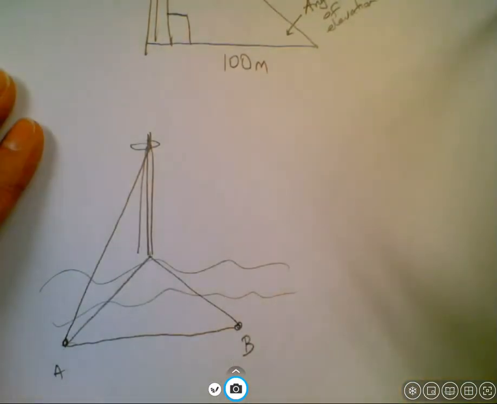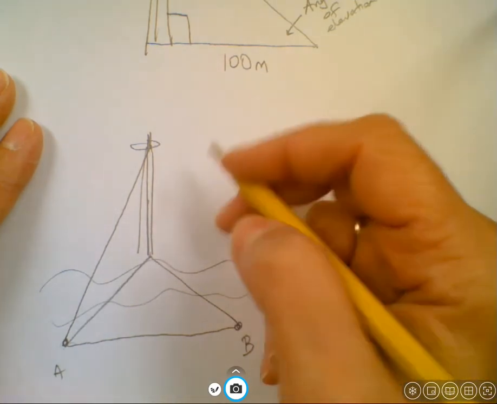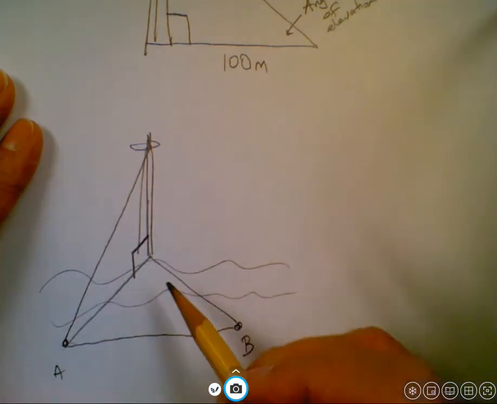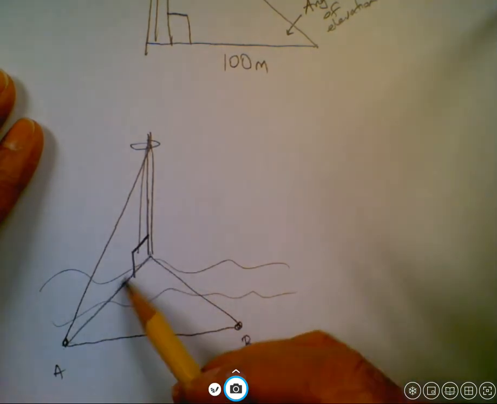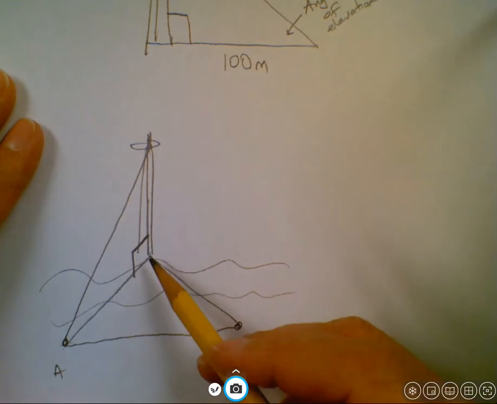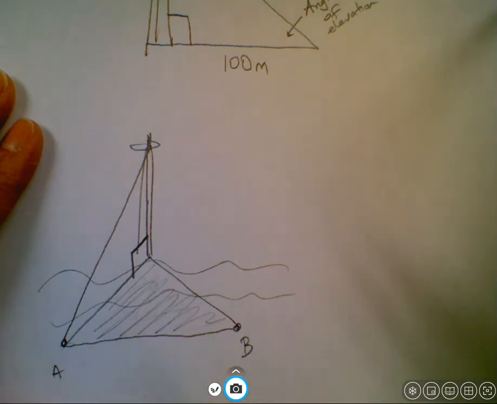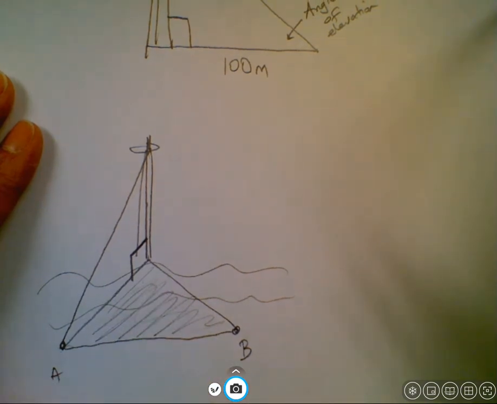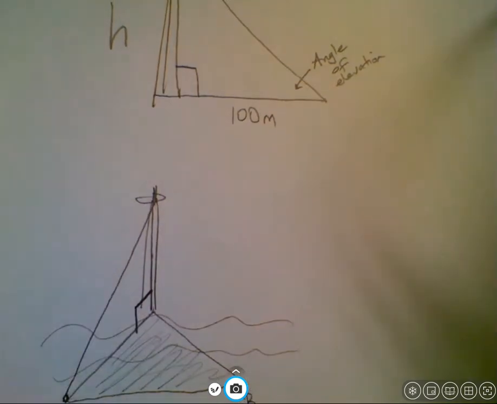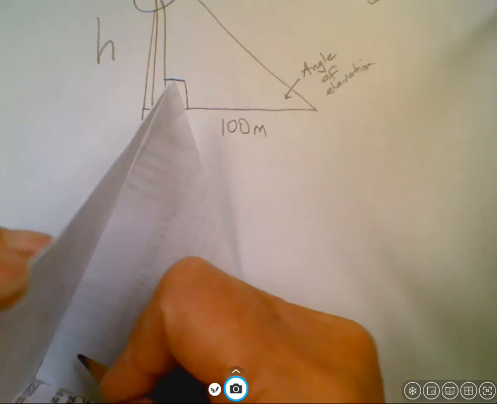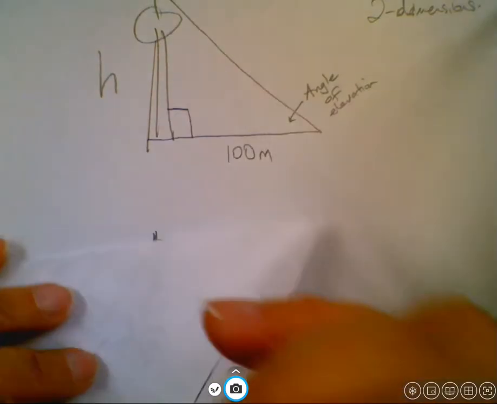So in your 3D diagram, your structure that's perpendicular to the ground, you will show it perpendicular using that 90-degree symbol, but it will look slanted because you have to imagine that this triangle is standing up and this one down here is on the ground. Okay, in our Romeo and Juliet example, I made this model. Okay, and I purposely left the text, this is a piece of scrap paper, but I left the text showing on the bottom so you could see this was the triangle that was on the ground. These are the triangles that are standing up, and I can make this a right angle, and I can make this a right angle